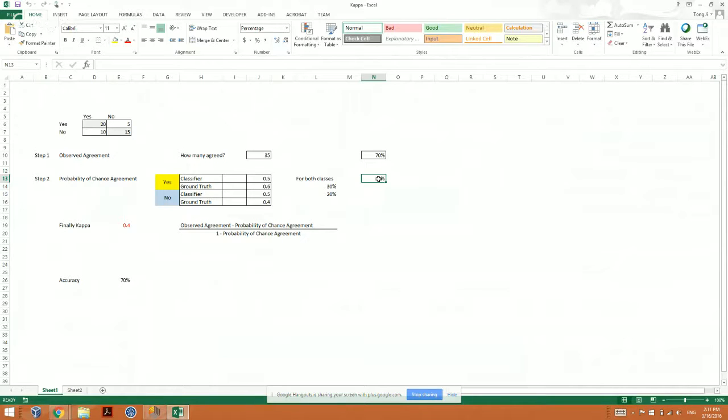We just say that these were random events. What are the chances that these are in agreement? So that eventually I can calculate this formula, right? So I take observed agreement, which is the accuracy, minus what if they are random, right? So this is the probability of chance agreement over 1 minus probability of agreement. This is really normalized against all these different ratios, and again I get a kappa of 0.4